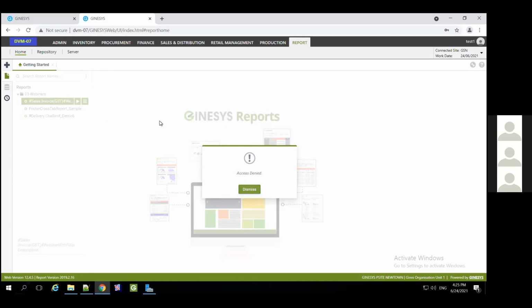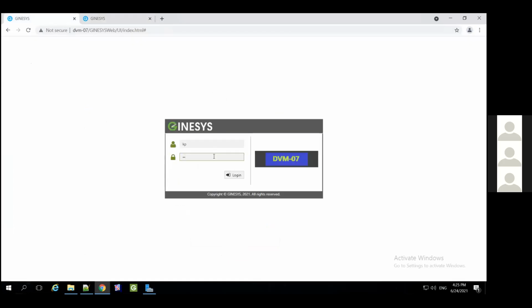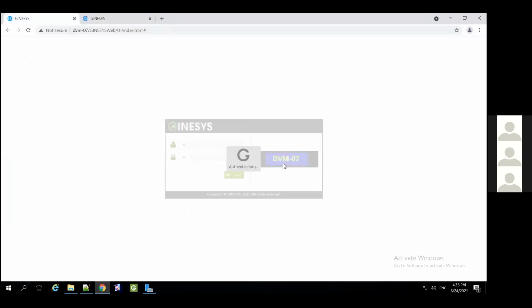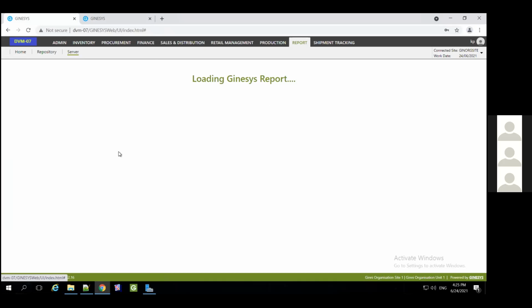Why is that? We will understand when we go back to the original menu through this KP user, because in my role, I haven't provided him access to execute any data object.